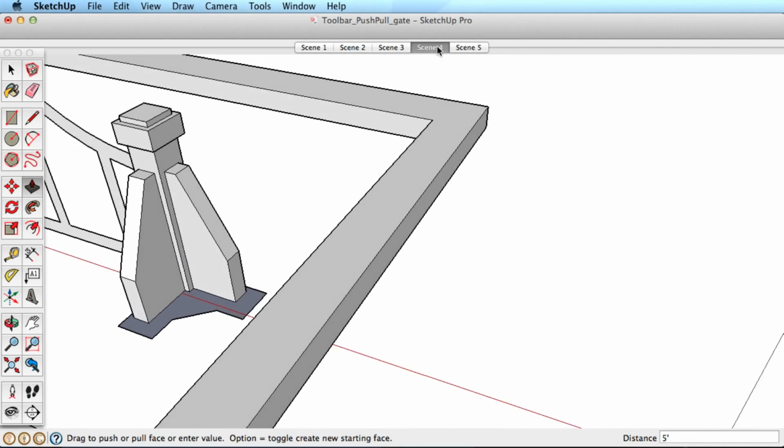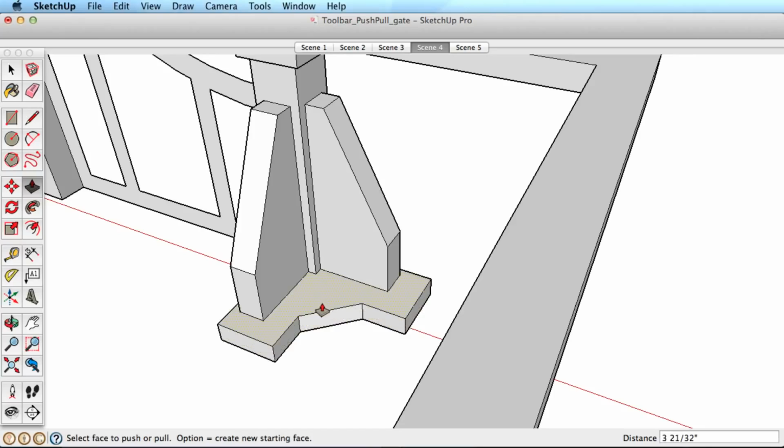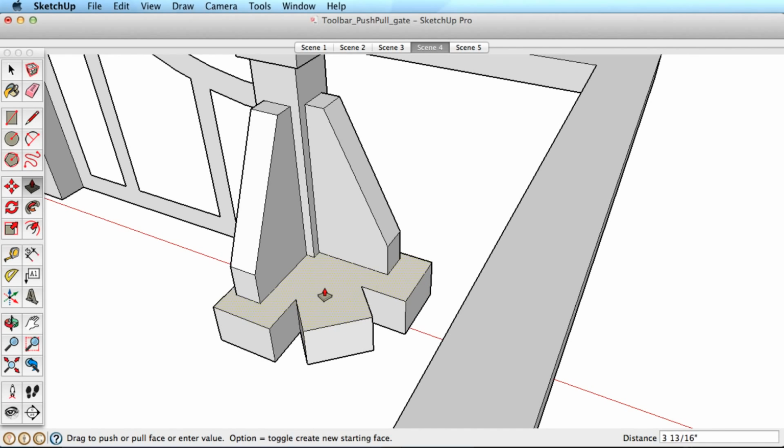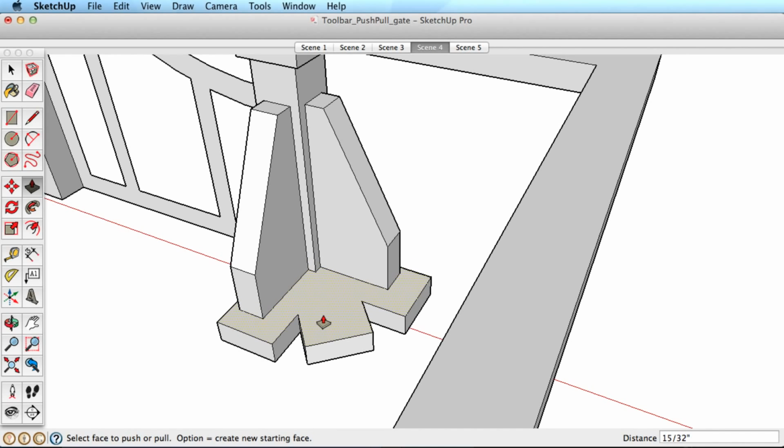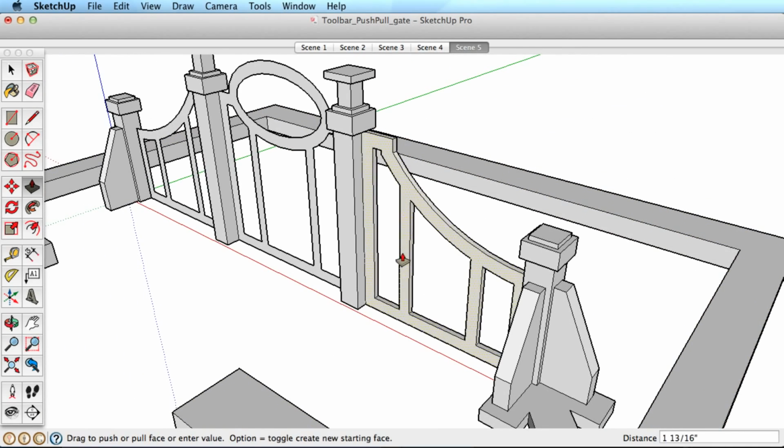Push-Pull always works in a direction perpendicular to the surface and only works on surfaces, not edges. So when using the Push-Pull tool, try to click on the center of the surface you need to avoid picking the wrong surface. A nice feature of Push-Pull is that the tool will always remember the last distance you used,